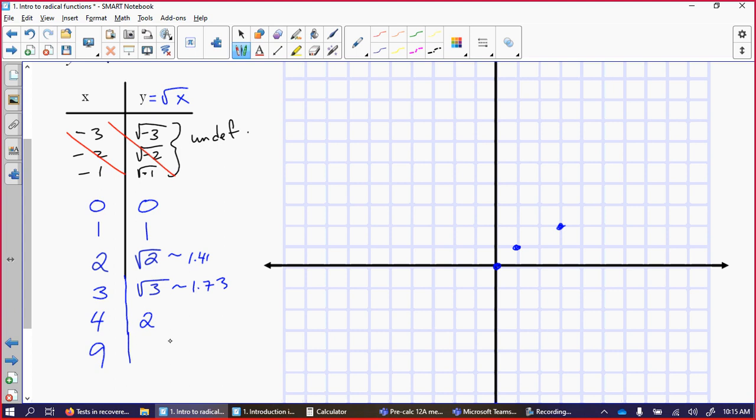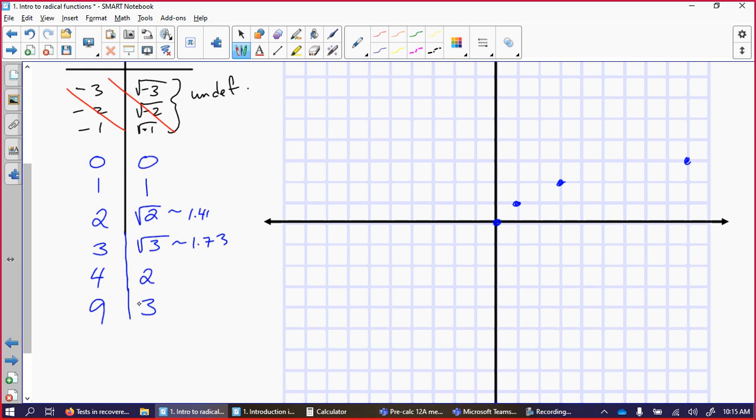Those should be familiar from a parabola because this is the inverse of that. The square root of 9 is 3. I could keep going, but I don't have space. If I had been smarter, 16 is 4. So it's going to keep going up. 25 is 5. But the general shape of this graph,